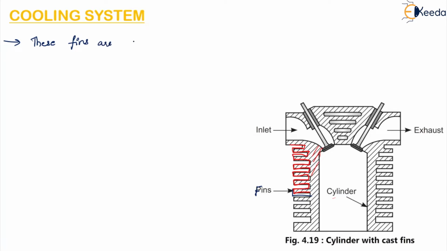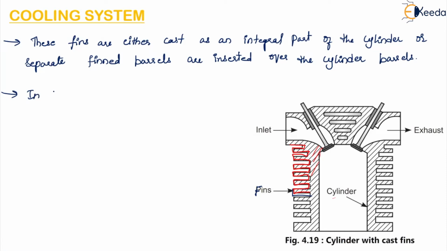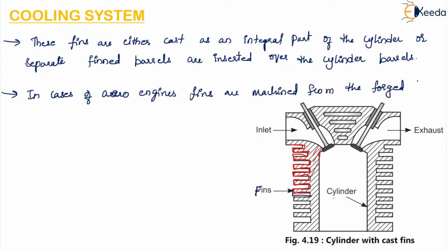So fins are used on the cylinder barrels. These fins are either cast as an integral part of the cylinder, or separate finned barrels are inserted over the cylinder barrels. In cases of aero engines, fins are machined from the forged cylinder blanks. So, use of copper and steel alloys has also been made to improve heat transfer because of their better